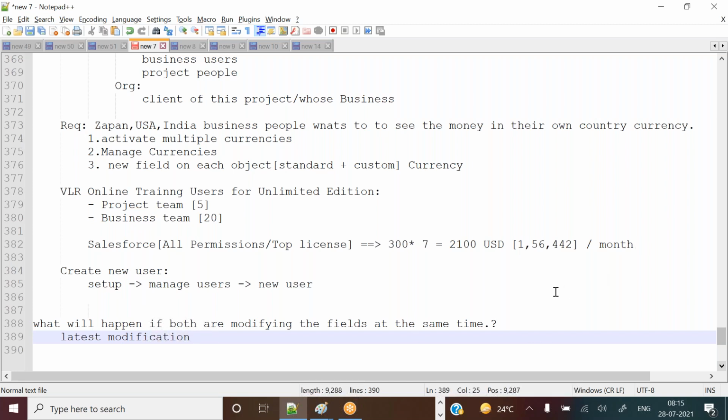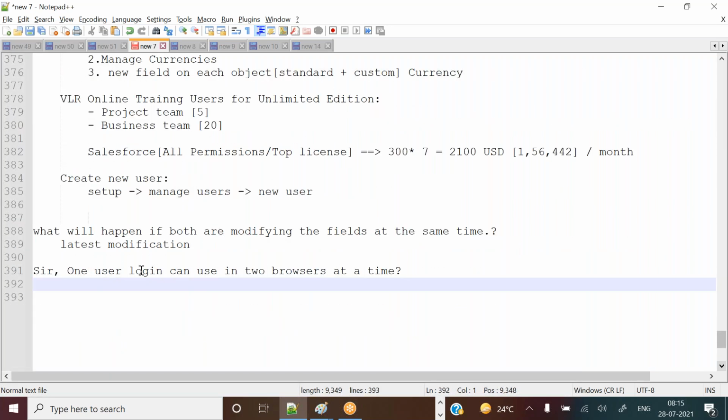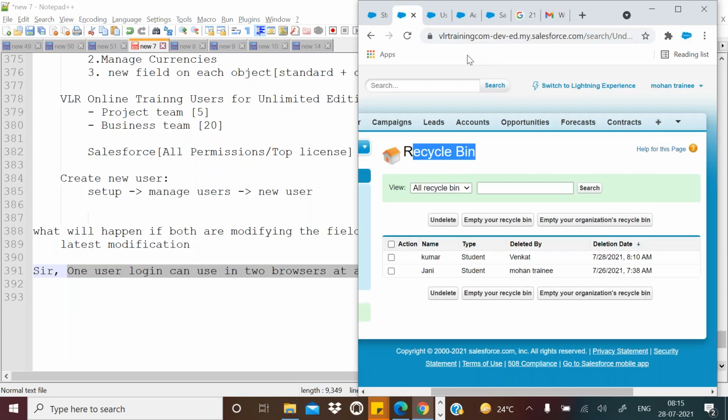That means the last one. Next question: sir, can one user login be used in 2 browsers at a time? Yes, of course. What is the question? The question is not proper. It is totally based on the URL.